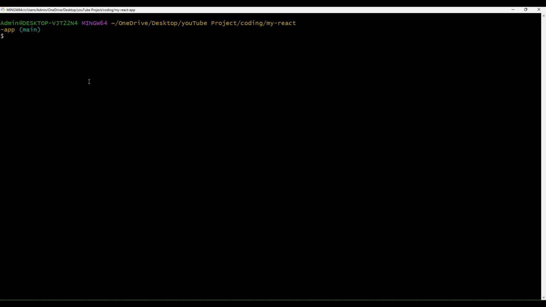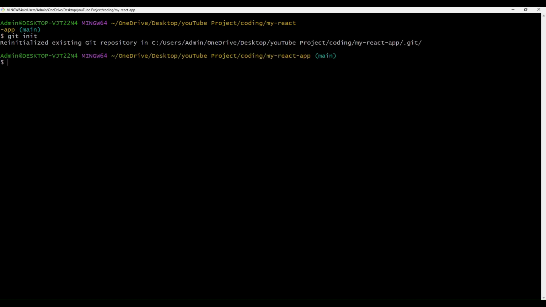And what you have to do, the same thing, git init, you can see, yes, initialized. Git add, then you have to write the space also, space, dot, to add every changed file. Then enter.